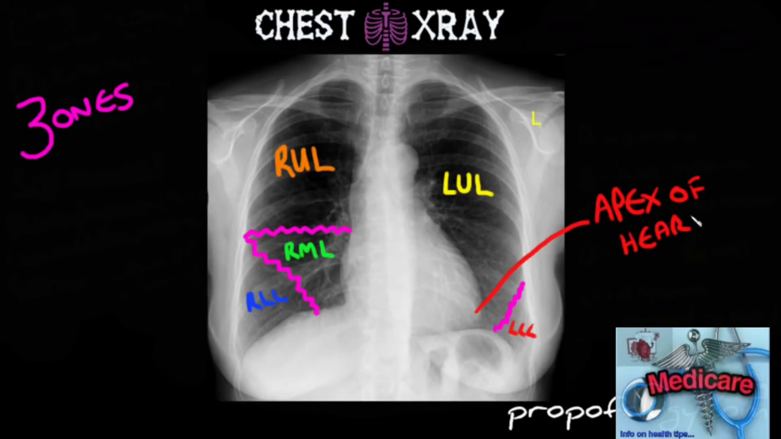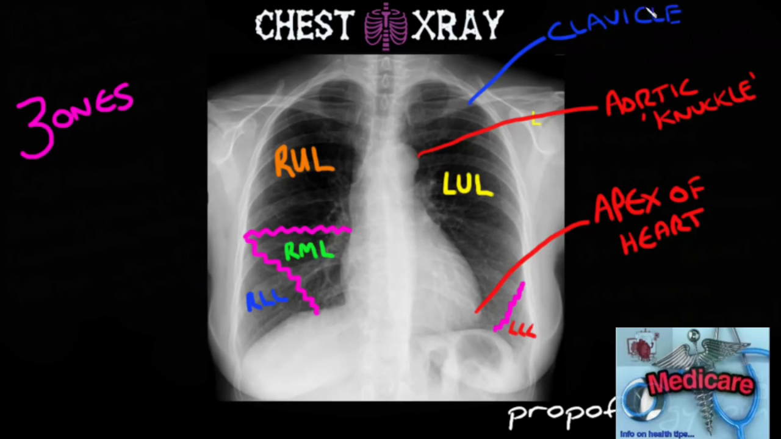We're going to draw some other structures now. You can see the apex of the heart, you can see the aortic knuckle, which is the arch of the aorta as it comes off the heart. You can see the clavicles at the top there, and you can kind of see the carina, which is the bifurcation of the trachea into your right and left main bronchus. Something that sometimes catches people out is the gastric bubble, which actually is air in the stomach, and that's under